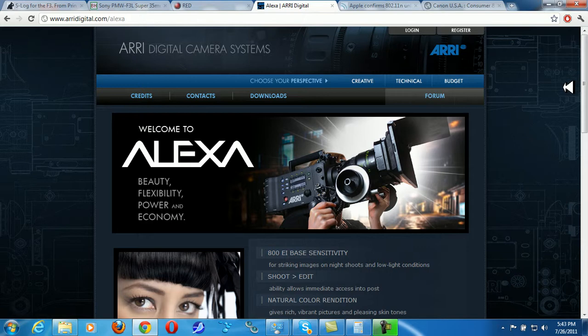And I just want to say, if Sony is going to be charging a lot of money, there's also another competitor. This is called the Alexa. It's a new camera company that came out, and this camera is amazing. They started out like Red. They have one big, expensive camera, but they'll probably come down and make some smaller, more